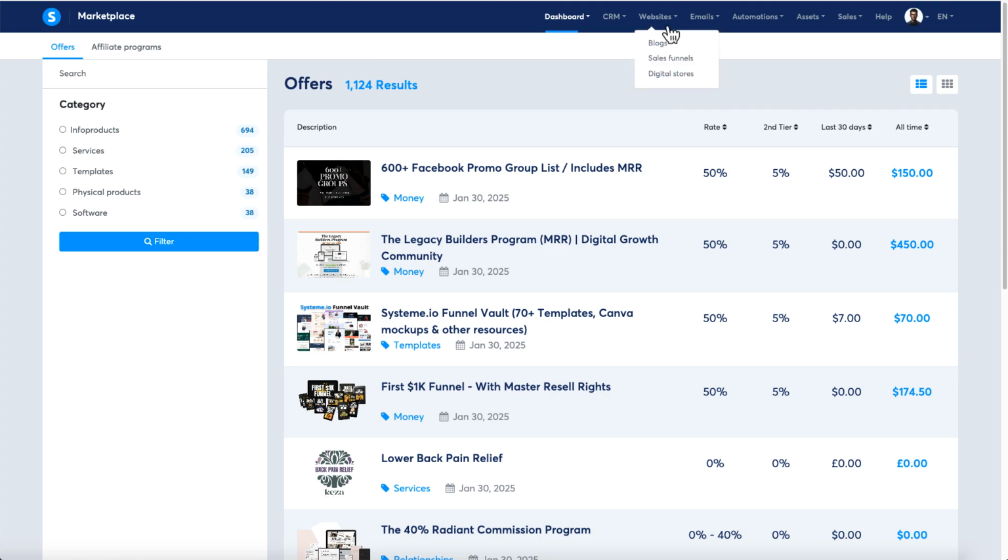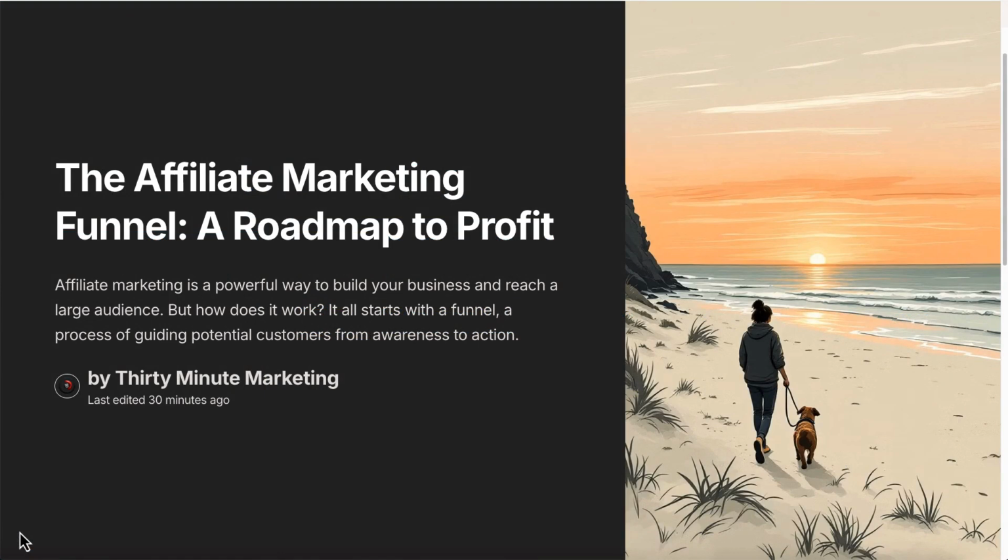And then you have the ability here to build out your own sales funnel, to build out that squeeze page where you're going to add people to your email list. It's called contacts here in System.io. And then you're going to start sending them emails, and you can, of course, automate all that through rules and workflows. Remember, the ultimate goal is to build an affiliate marketing funnel and use a proven roadmap to profit, with